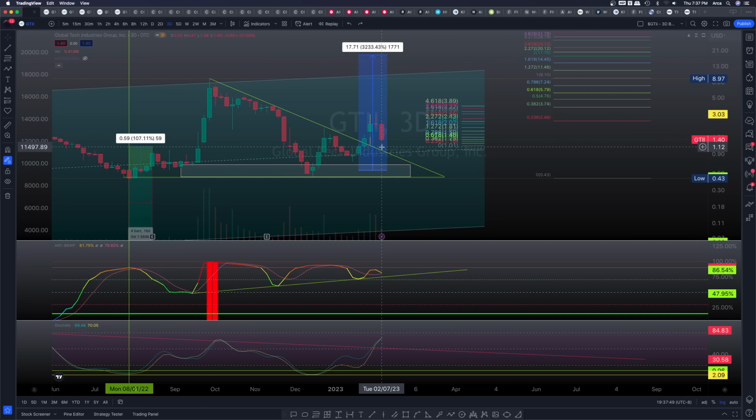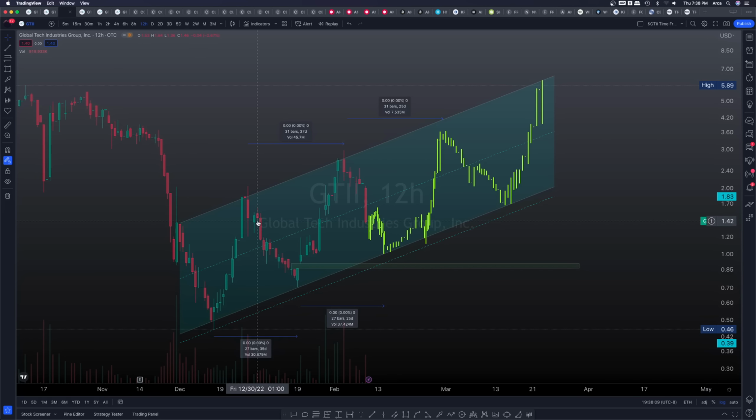So that means we are on our way to validate the newly converted resistance into support, which, by the way, I have mentioned a few times that we never actually came back to validate. So now it looks like we're on our way to that, and it's having deep correlation with our ascending channel. So if we're talking about the time fractal here, then we would essentially expect